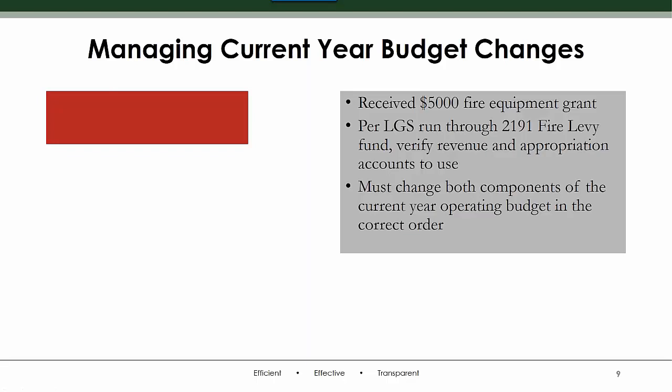So we just received a $5,000 fire equipment grant. This is an example I want to use because grants don't just pop in without somebody applying for it. So I'm going to give you a good scenario. Last year, our fire chief came to the meeting, got on the agenda like he was supposed to. We don't have a rebel here. He came to the meeting and presented to the governing board an opportunity for an equipment grant for $5,000, and we would need to commit a $1,000 matching share of our own money to that.